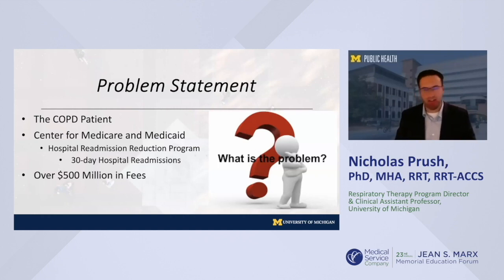So why does all that matter in the grand scheme of this? I'm going to talk about that when I start speaking to the study. The problem statement, if you haven't gathered this yet, is that the COPD patient is very complex. There's a multitude of symptoms. They don't necessarily know that they have it all of the time, and they don't know what their symptoms are unless we're doing a really good job educating them. And there are a lot of them out there. Because the COPD patient is so complex, we have to find a way to control their symptom management, but also allow them to take ownership of it at home, to avoid just coming to the ER to feel safe all of the time. So how do we as caregivers make them feel more comfortable on their own